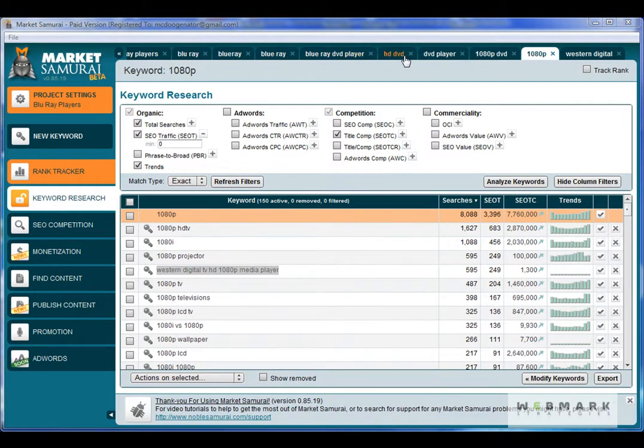You can see the progression of how my keyword research evolved, and what I ended up finding was a really great keyword here: Western Digital TV HD 2080p media player. The reason that's a really great keyword is it's a manufacturer. It's a product, a TV HD, something very specific, media player. So when I spotted that keyword with only 1,300 competitors on it, with 200, potentially 249 searches if you appear